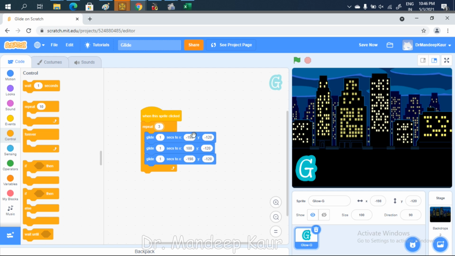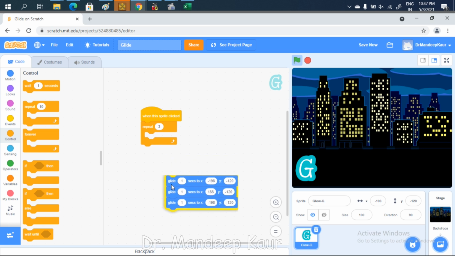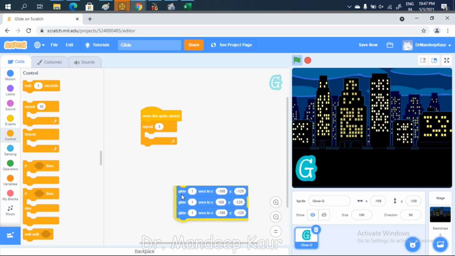So the coding will be the same. You have to change this position. I'll remove this, and now if I put it here, it's -2, -123.